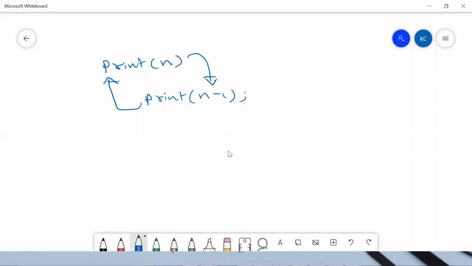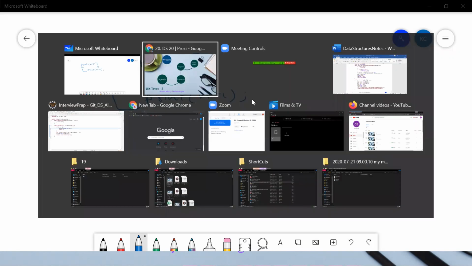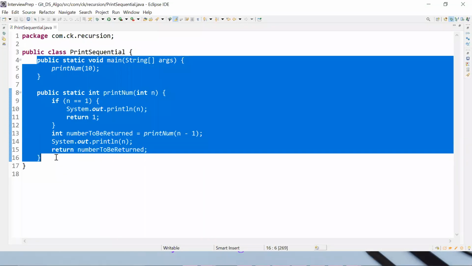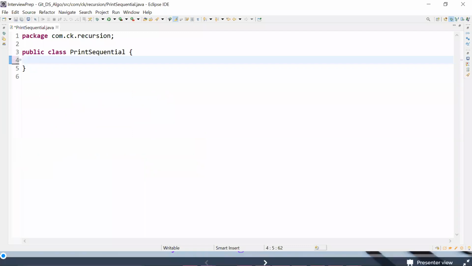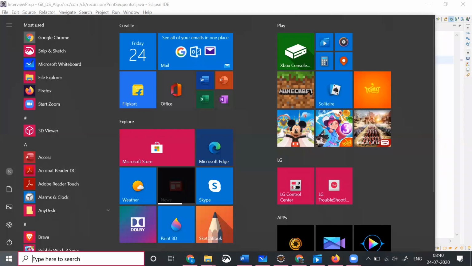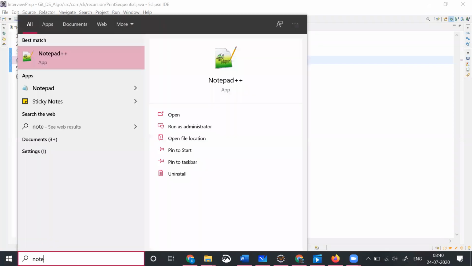Having that function calling itself, and trying to understand what recursion is, let me try to show you a small example. Or maybe I'll start writing the small example instead of just showing it to you. Let me take a backup of this. There's my notepad.